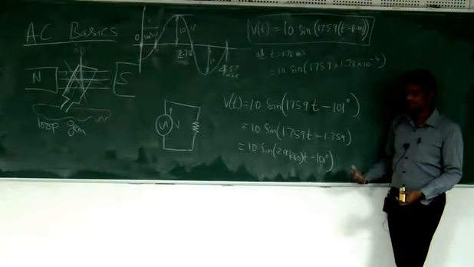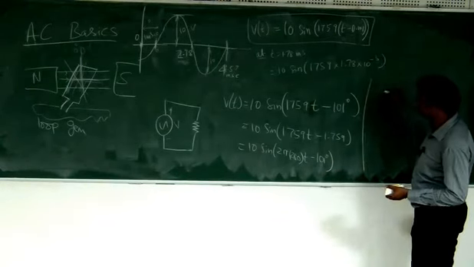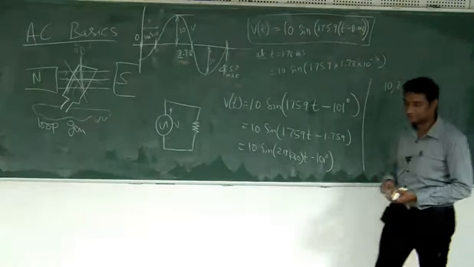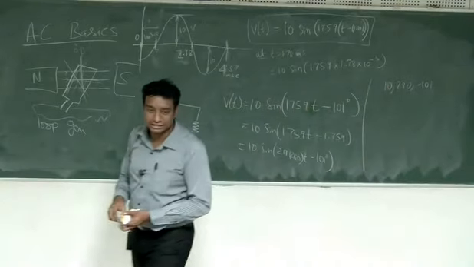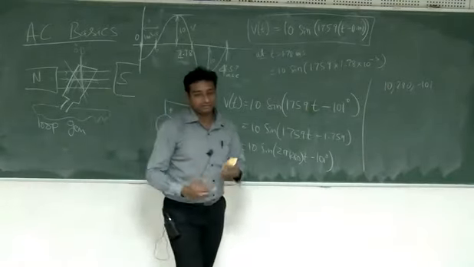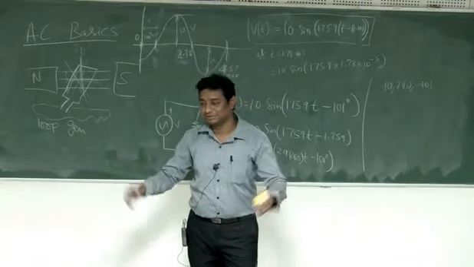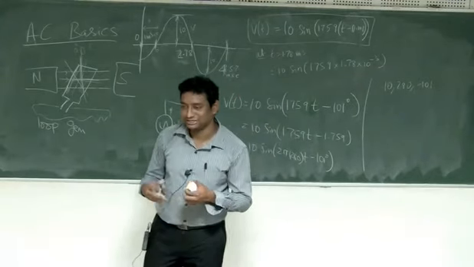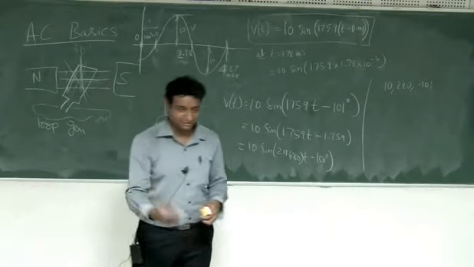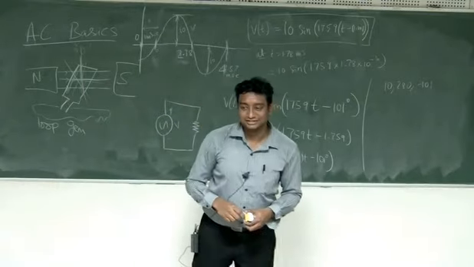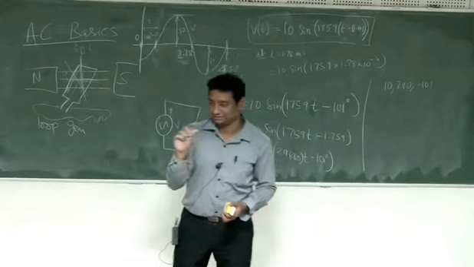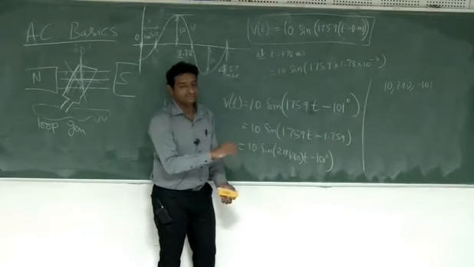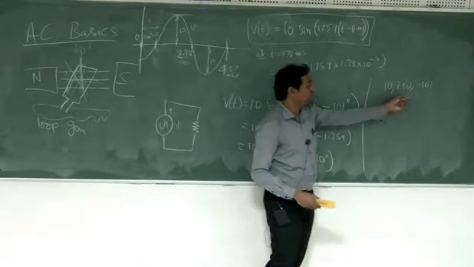So I'll give you a third way. The third way is just simply write 10 comma 280 comma minus 101. It's just a matter of writing. It's like when you want to send a telegram, you want to use some shortcuts. Today maybe I'll give a more recent example. Let's say you want to send an SMS or write a Twitter message. You will use some shortcuts. So this is a kind of shortcut. Instead of writing 10 into sine and all those things, I'll just write it like this.